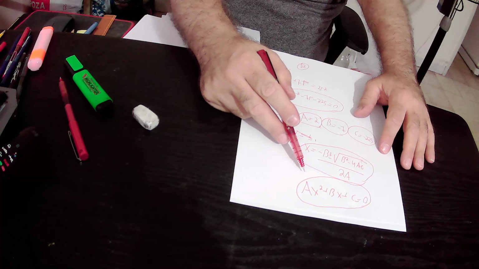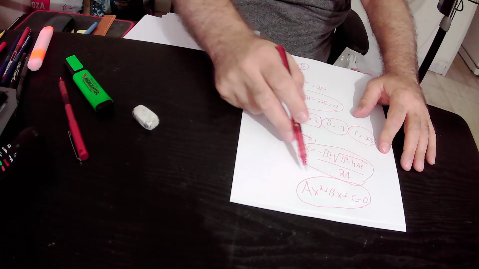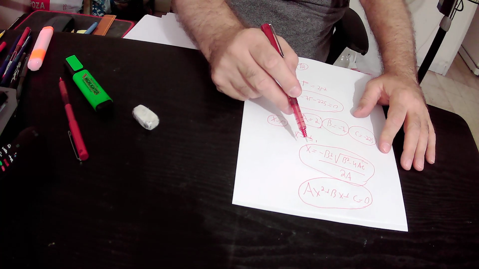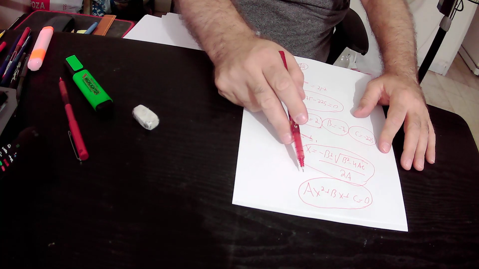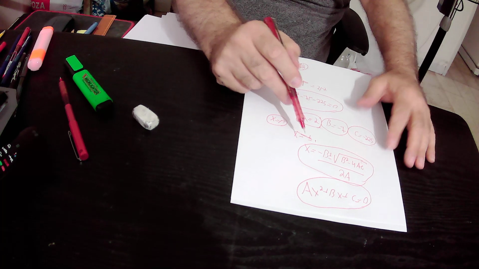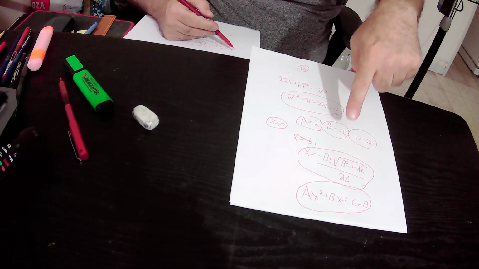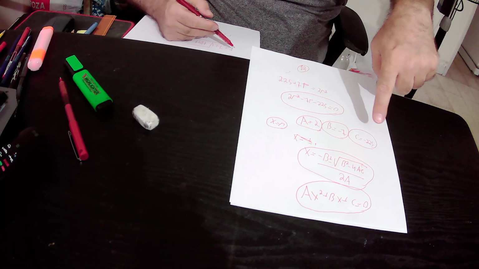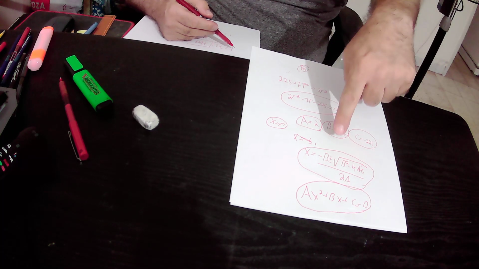As you can see here, A, B, and C are the coefficients of this quadratic equation, and we put the coefficients inside this equality in order to find the roots of x. Okay, so we substituted b by minus 7, c by minus 225, and a by 2 in this equality,